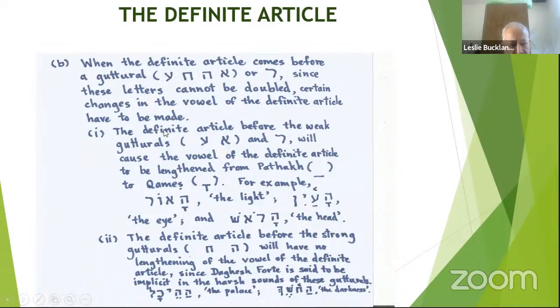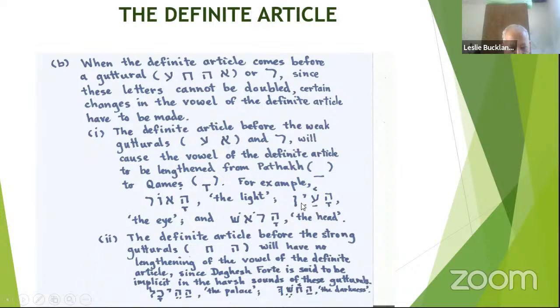Number 1, the definite article before the weak gutturals, aleph, ayin, and resh, will cause the vowel of the definite article to be lengthened from pathak to kames, that is, from a to a. For example,